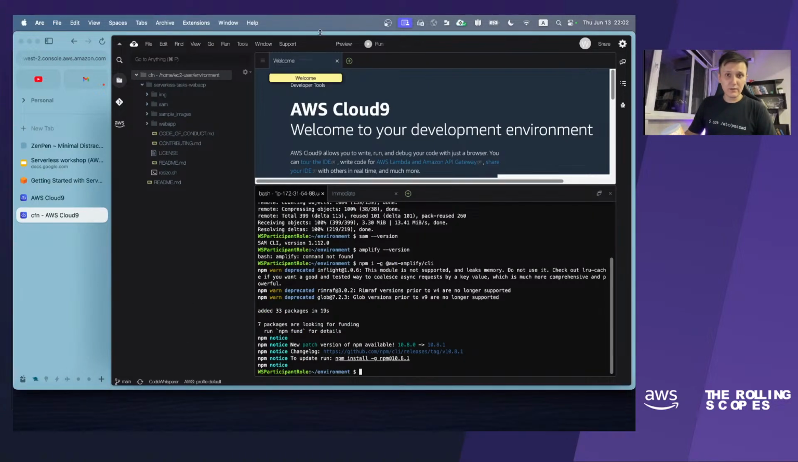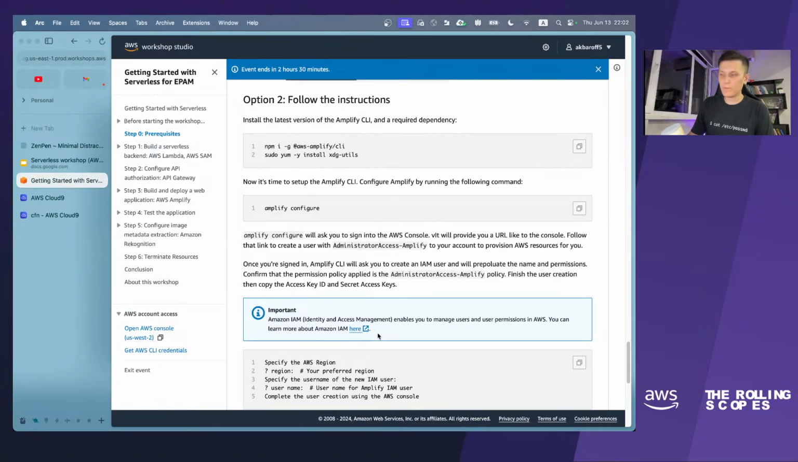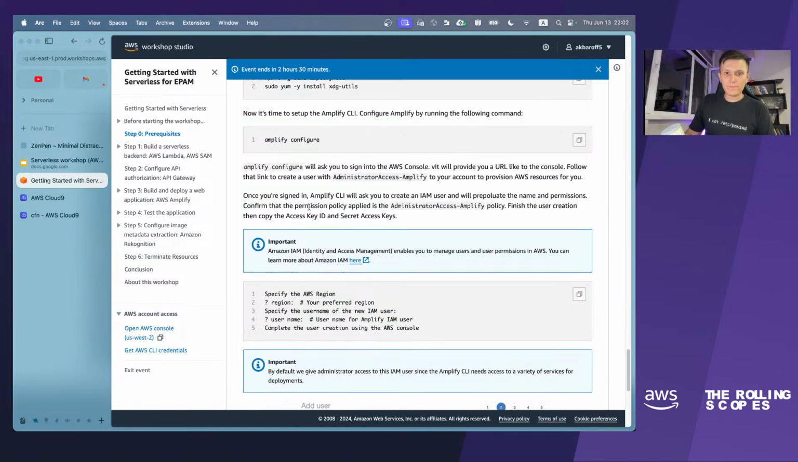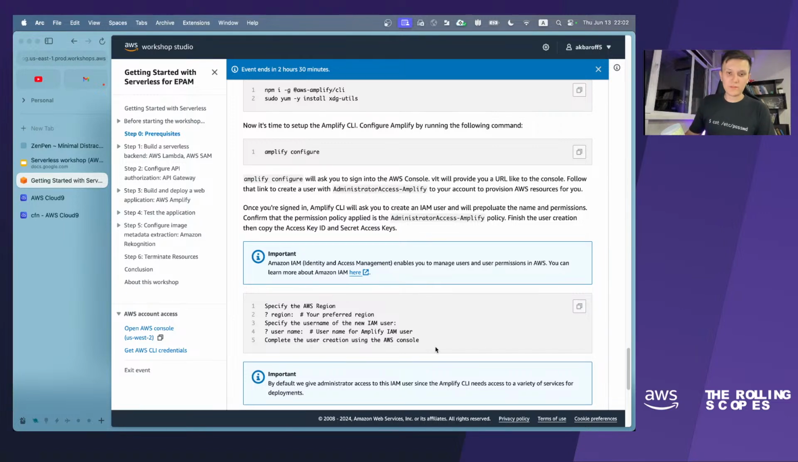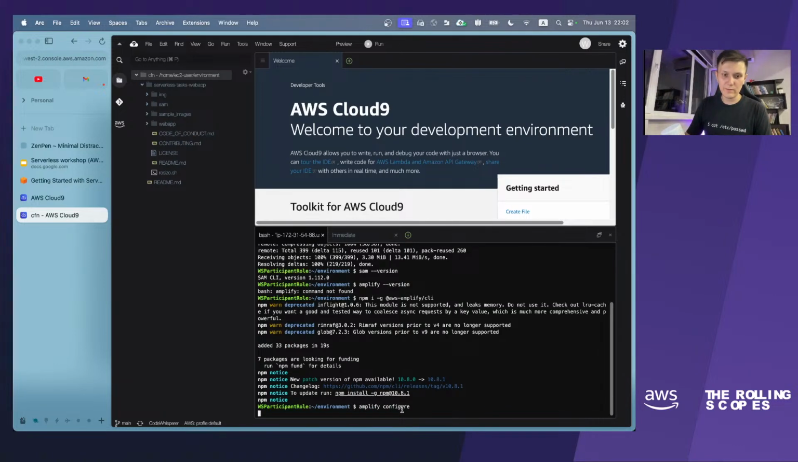Okay. I believe that all of you have successfully installed Amplify CLI. If you have faced any issues on that step, please put a message into the chat. No problems. If I see any messages about problems, I will answer them. But right now we have to go to the next step, which is configuration of Amplify CLI. All we have to do is use the command amplify configure,